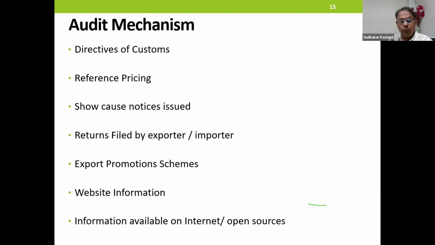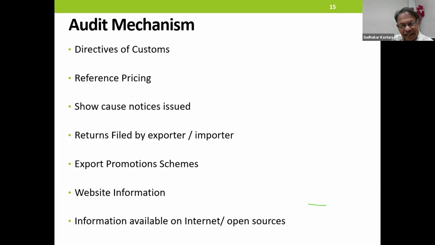Returns filed by exporter importer. In good old days, we used to believe that excise returns are with the excise department, VAT returns are with the VAT department, octroi returns are with octroi departments, any other customs returns are with the customs department, and they don't interact. With the introduction of GST, and customs and GST both working under the Department of Revenue, please understand all your returns in the electronic format are available with the department.